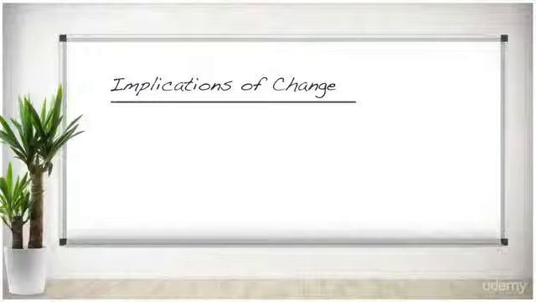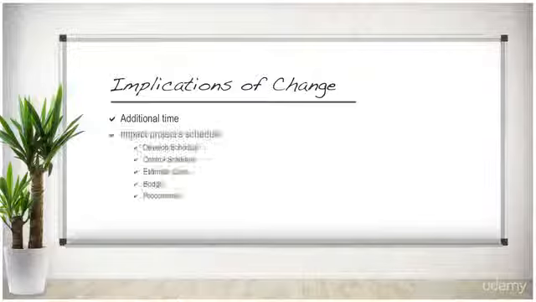Assume that you have been asked to add an unplanned component to a project. This component will require additional time to complete, which will push out the delivery date of the project. Suffice it to say, the project's schedule will be impacted, and that impact will have residual impacts on other processes. The project schedule is an output of the develop schedule process, which in turn feeds the control schedule process, the estimate cost process, the budget process, and the procurement process.